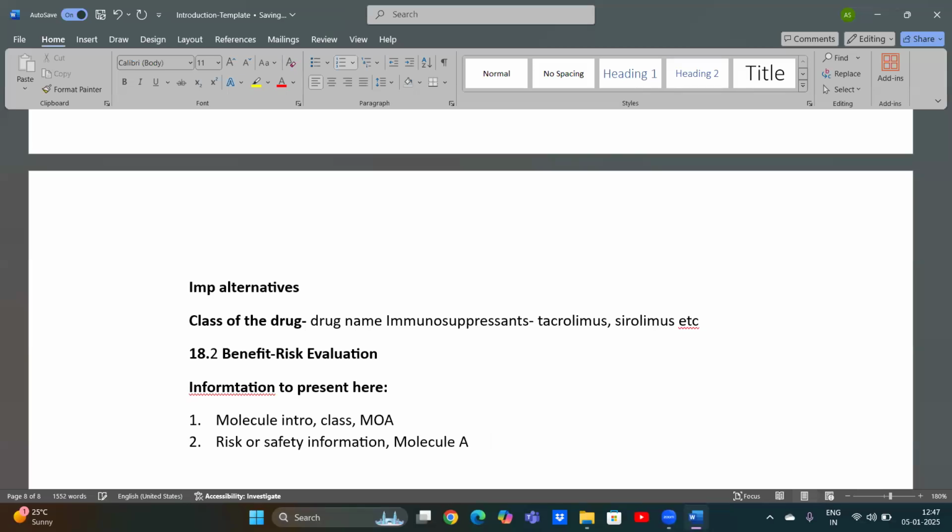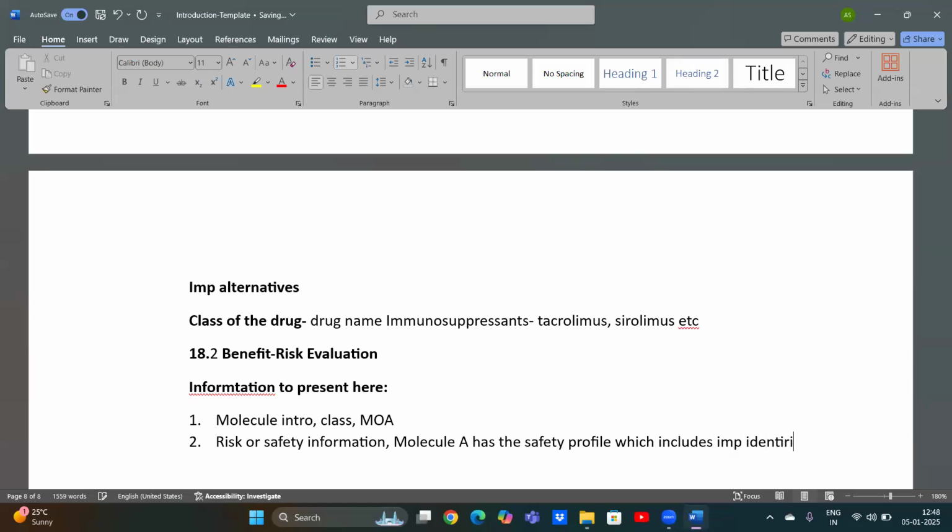Or you can write like this: the safety profile, which includes